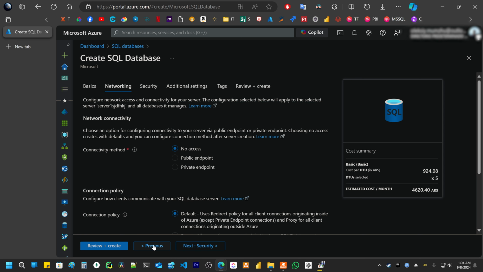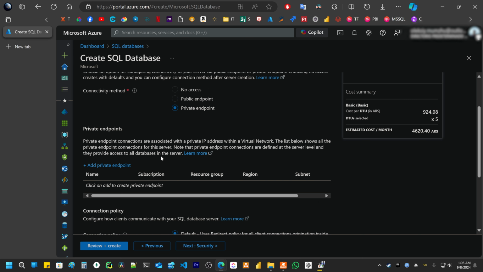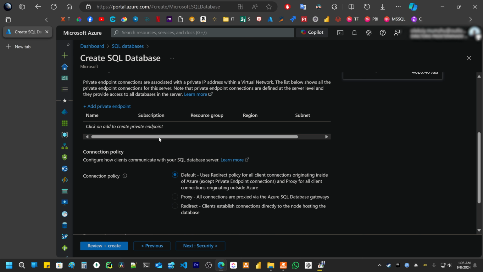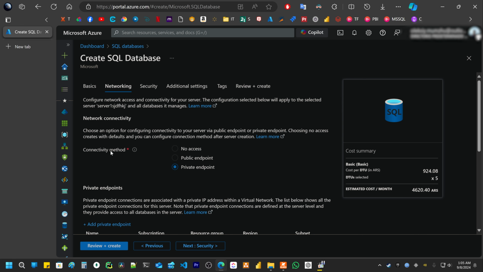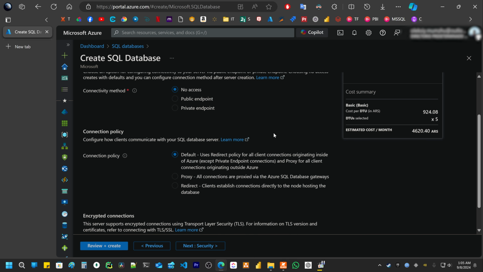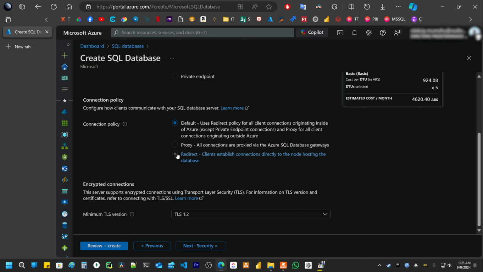Then we go to network. We always want to use a private endpoint because it's more secure. Or we can configure this later if we select no access. Then next,